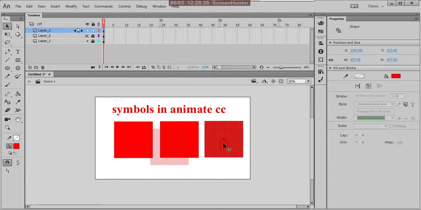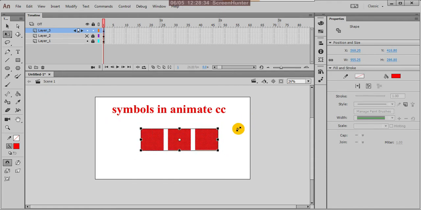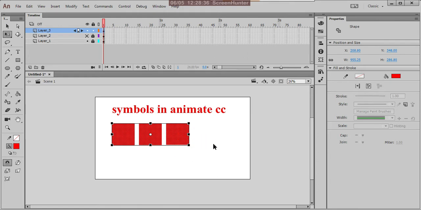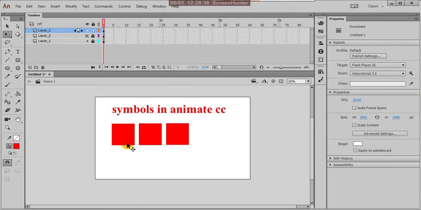The same way, as many as you want. Suppose you want 100 shapes in the animation, the same squares, 100 or more than 100, you can copy and paste multiple times.